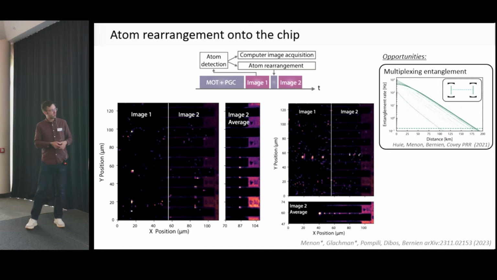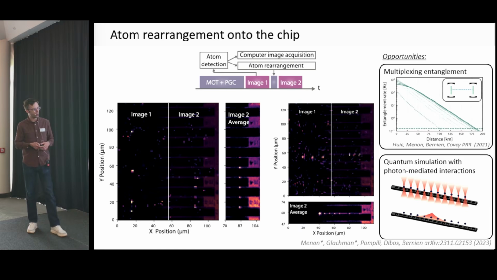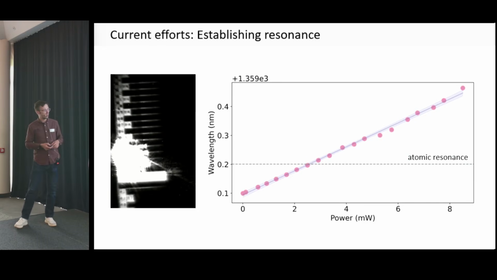And then the second thing we did is we trapped atoms probabilistically, and then we rearranged them on the same device. This is not what we are right now pursuing, but maybe in the future, you can take an array of atoms, put it on a nano-photonic device, and then use the photon-mediated interactions to study interesting many-body physics on these devices, in the spirit of Jeff Kimble in his previous work at Caltech. So this is really exciting, and of course I would love to show you entanglement right now.